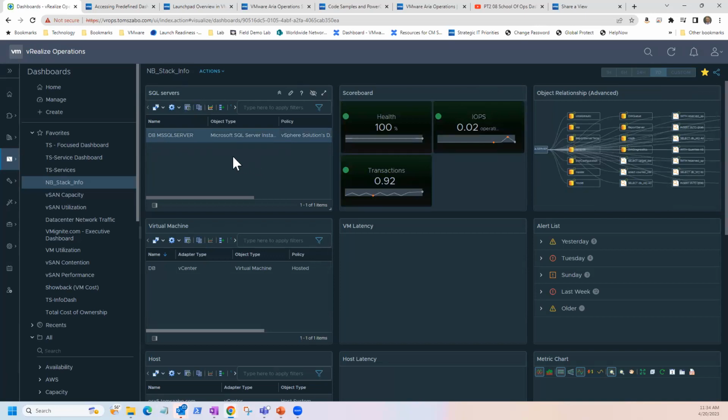their use cases for Aria Operations was that their applications are a lot of 3-tier, with Microsoft SQL as the back end. What they wanted to do was bridge the gap between their virtual infrastructure team and their DBAs. The DBAs were looking at things from a SQL perspective, and the virtual infrastructure team was looking at things from a vSphere perspective, right? And they wanted to meet in the middle and give the DBAs better insights